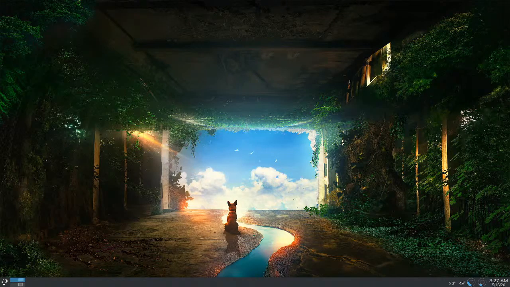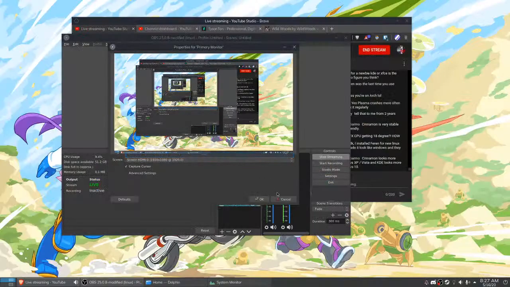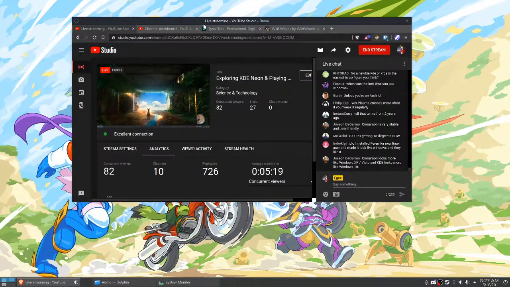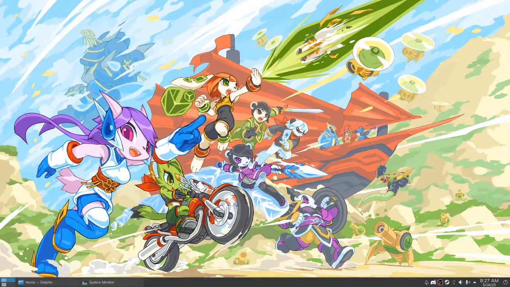So let's hop back over to this monitor. Now that we've got all the KDE stuff out of the way, I'm going to look at the chat. FX CPU getting 18 degrees.